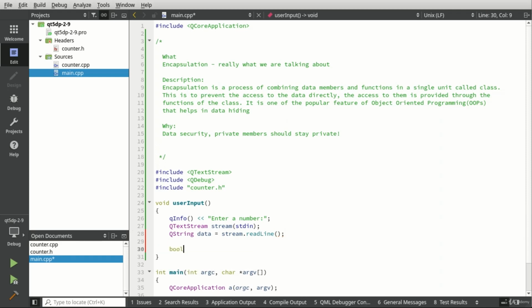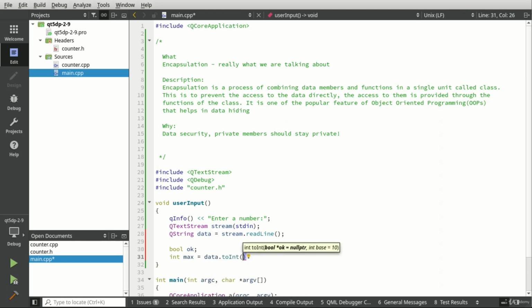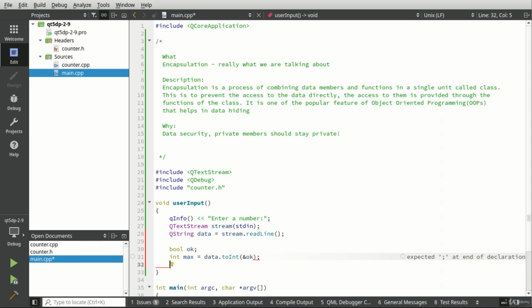So we're going to say bool ok. Then we're going to say int max equals. If we're doing this really smart, guys, we're going to say toInt, making this a little more complex than it needs to be. And then we're going to say if ok, or I should say if not ok, then